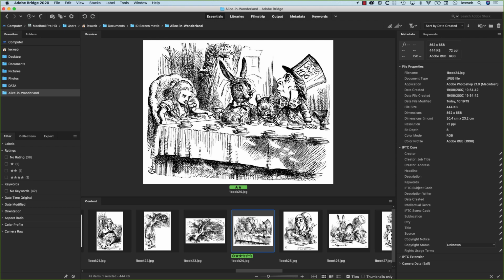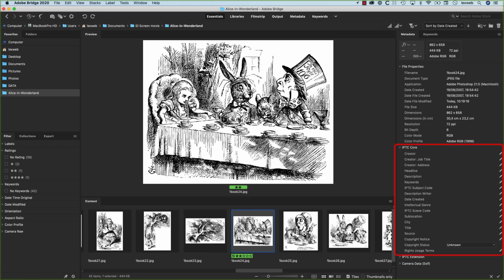Metadata attributes are grouped into different sets, such as File Properties, International Press Telecommunications Council, or IPTC Core, IPTC Extension, and Camera EXIF data. Each of these sets is defined by different standards or media types.